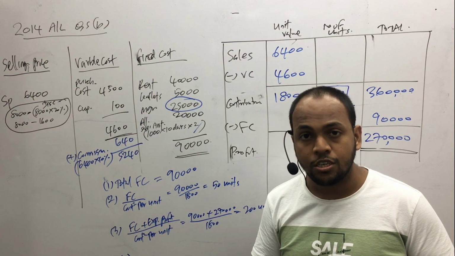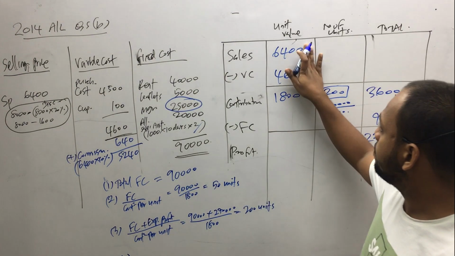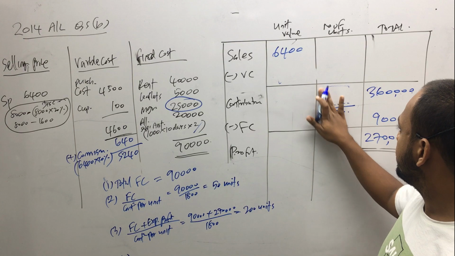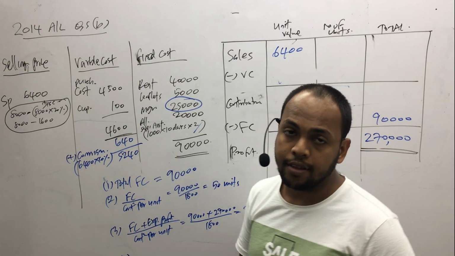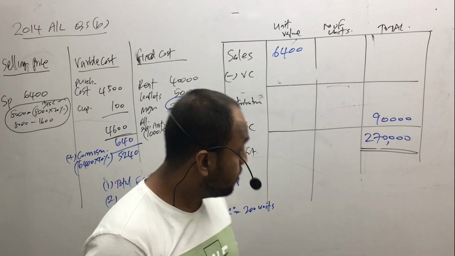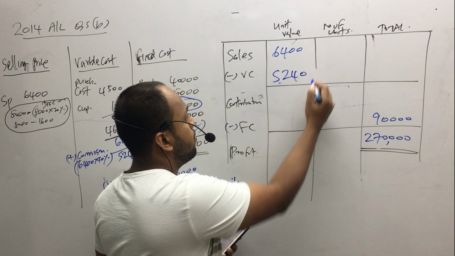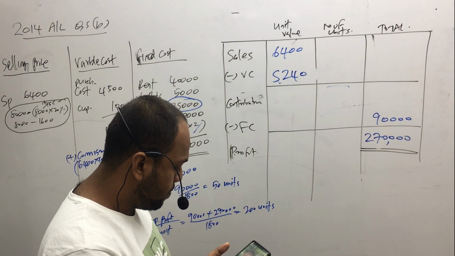Variable cost changed, 5,240. Fixed cost is 90,000. Now again we can change. Our contribution per unit will change. Fixed cost will be same as 90,000. Variable cost 5,240. Then 6,400